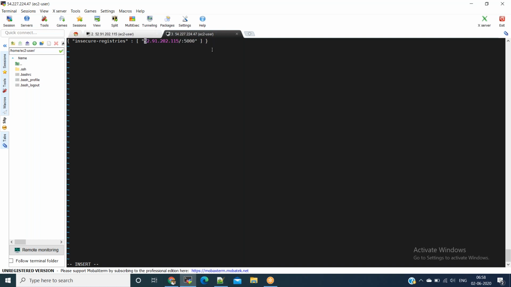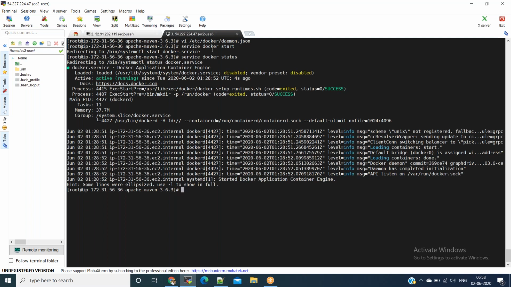Remove the slash as well. Perfect. Now save this file and start the Docker. Now we will see the status, up and running. And now what we will do is log into Docker, and once the login is successful, we will start building the Spring Boot Docker image.